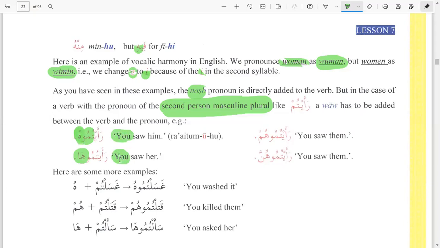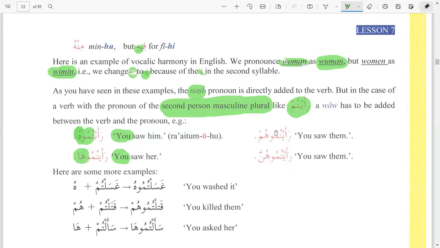So when the verb is second person masculine plural, then if there is an object or a maf'ul bihi, we will give an extra vowel, and the meme we will give here a dhamma. Here you can see meme is silent. Ra'aytum, meme is silent here. Tum, there is no harka on the meme. When we add a pronoun, then we will give a harka. Ra'aytumuhu, ra'aytumuha,